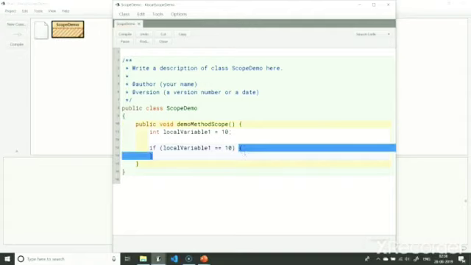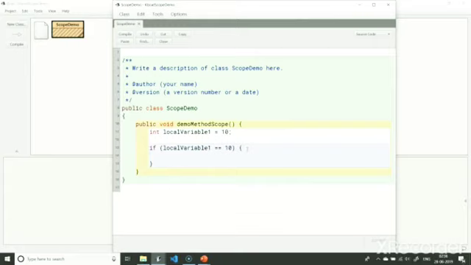This pair of curly braces defines another scope. I will declare a float variable f1 inside this if block. I will initialize it with some value, say 25.5. Let me print f1 now.